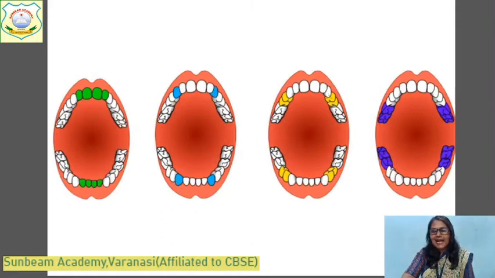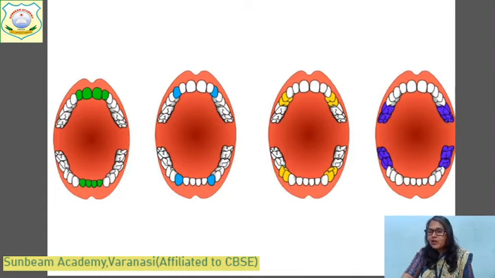And these are premolars. You can see a groove is formed. They are broad and flat, because we have to grind our food, whatever we eat. For this purpose, we use these teeth. Here there are 2, 2, 2, 2, total 8 premolars. These are molars, which are blue in color.